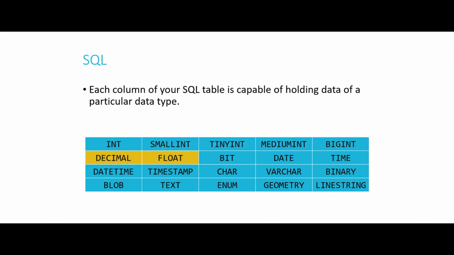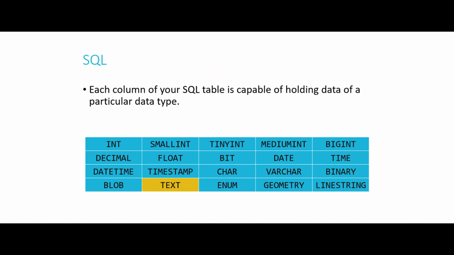Decimal and float stand in place of double and float, which we're familiar with from C. We can also store date and timestamps in SQL databases. There's no data type for that that's native to C. But in SQL, there are a couple of different ways to do this. We can even do more exotic things like store geometry or line strings. And what are these? Well, geometry and line strings can be used to store in a SQL database like a mapping out or a drawing out of an area on a map, such as using GIS data. And we can actually store that thus in our SQL table and recreate that exact drawing a little bit later on. Text sort of stands in the stead of strings for just arbitrarily large chunks of text.